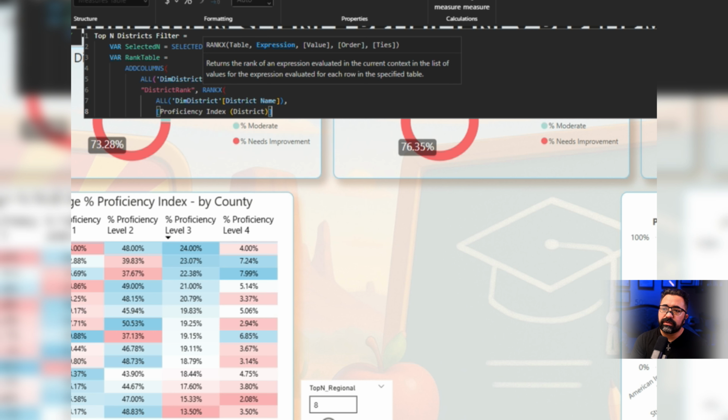Be proficiency index district, comma. Shift enter for a new line. Another comma, and then we will sort it descending. Shift enter for a new line. Close parentheses, shift enter for a new line again, close parentheses again, and then